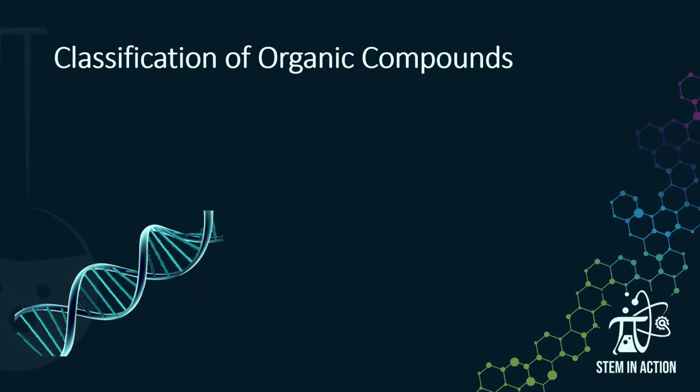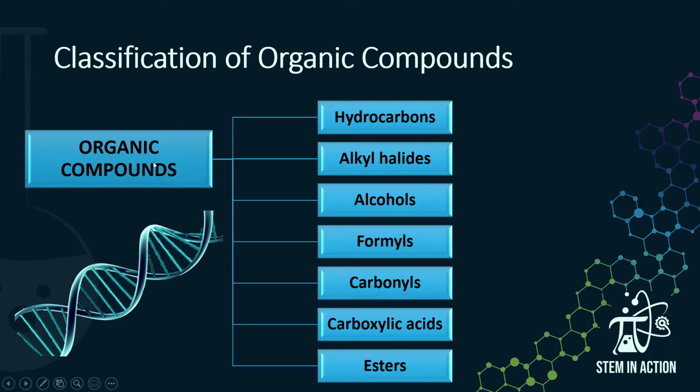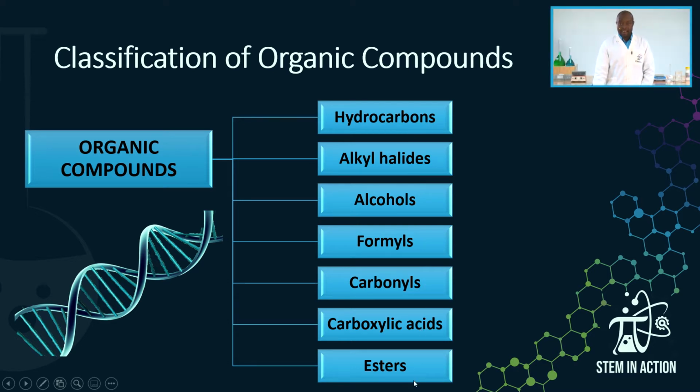So compounds that have got the same functional group are placed in one class because they perform pretty much the same type of reactions. They have got almost similar physical properties, so it is easy to classify them based on their functional groups. If we look at our organic compounds, you notice that there are 7 classes that we are going to classify organic compounds into for your grade 12 level. Firstly are your hydrocarbons, your alkyl halides, your alcohols, your formals, your carbonyls, carboxylic acids, and your esters. So I'm going to start off